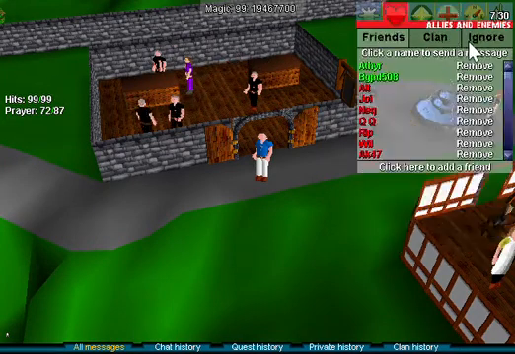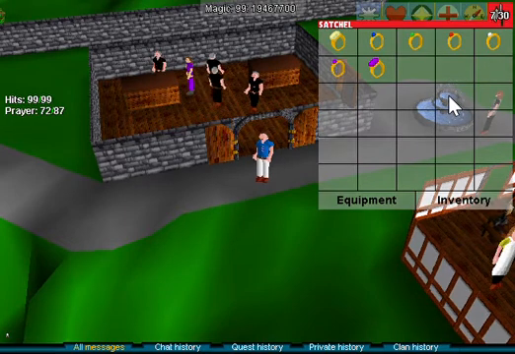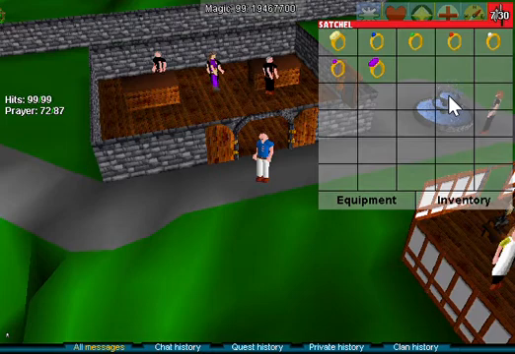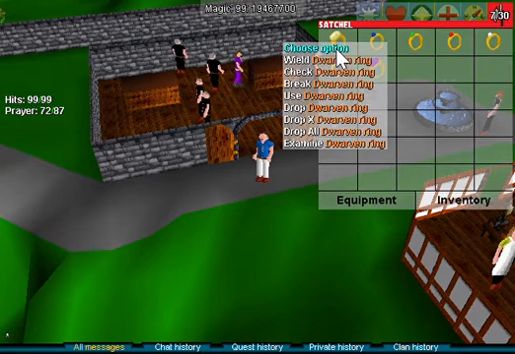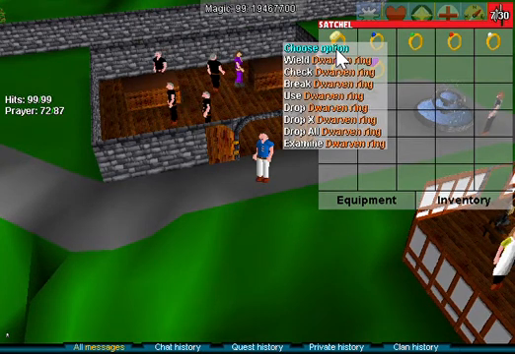So, a quick word on rings in RuneScape Cabbage. There's a few custom rings using several different gems. I'm going to go through them and explain what they do. So the first one, the Dwarven ring, is made from an opal ring, which you enchant using the level 1